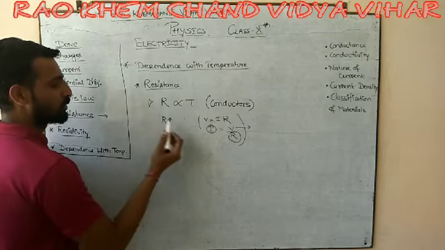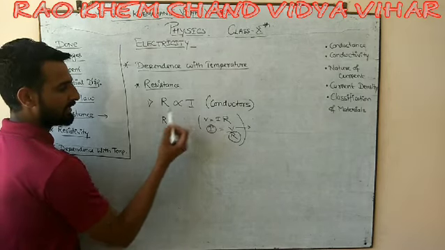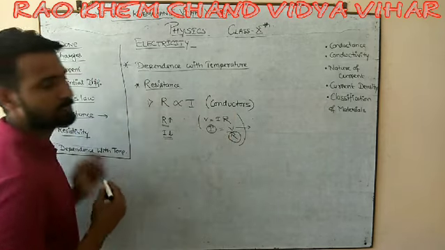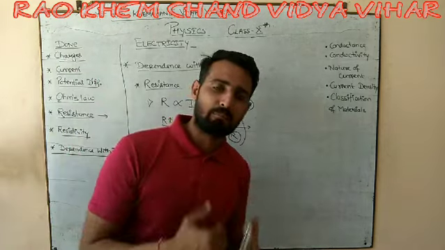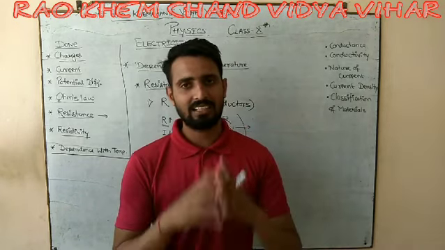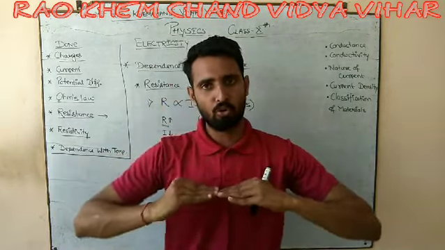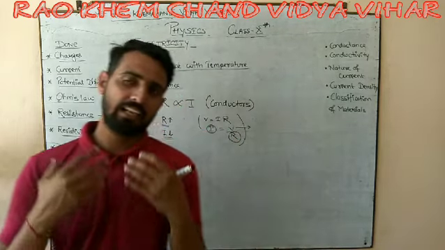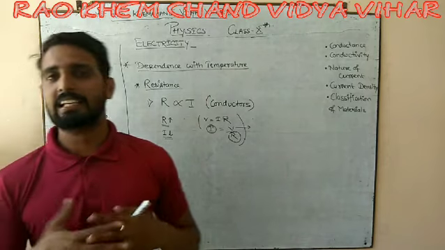So we came to know that the more the temperature, the more the resistance for the conductor and the less the current. यानी टेम्परेचर जितना ज्यादा होगा सर्किट यानी कंडक्टर में से करंट उतना ही लो होगा. If it is so, we can explain or understand it in our daily life.